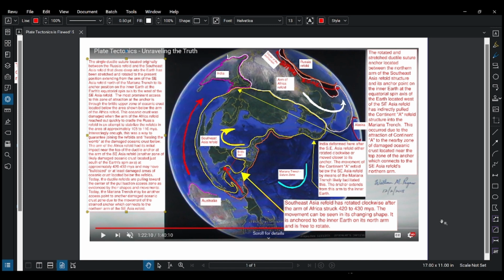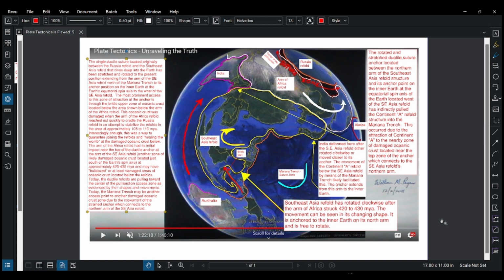So the system derailed because it snapped between the Southeast Asia refold and the one adjacent to it, which is the Continent A refold. So with that great movement, the Southeast Asia refold rotated clockwise, and the anchor, there's only one anchor at this point, and it's on the south arm of the Southeast Asia refold, anchoring to the